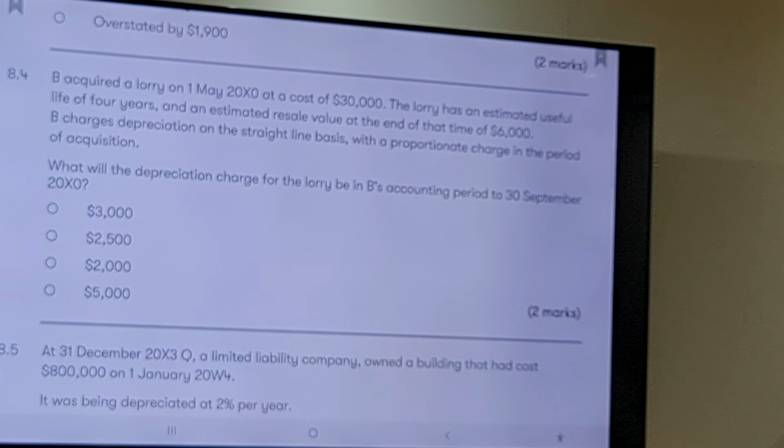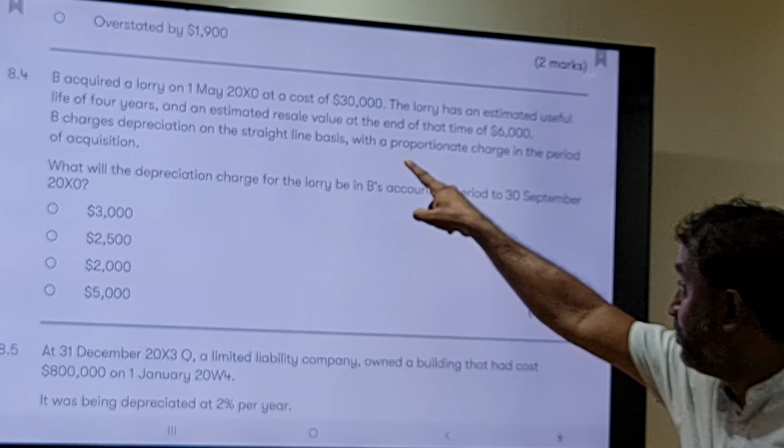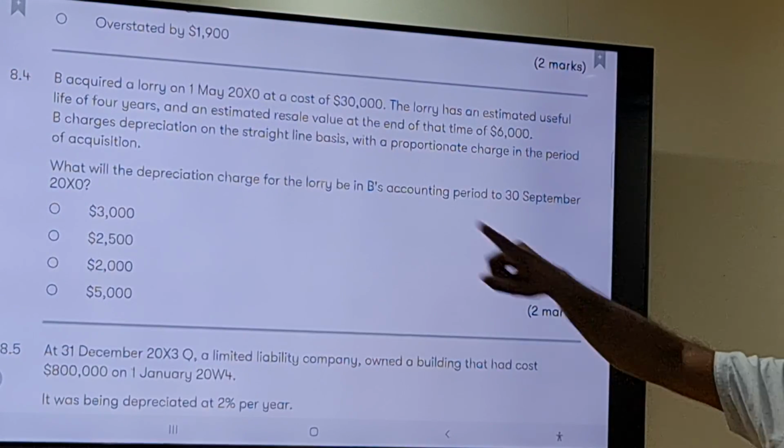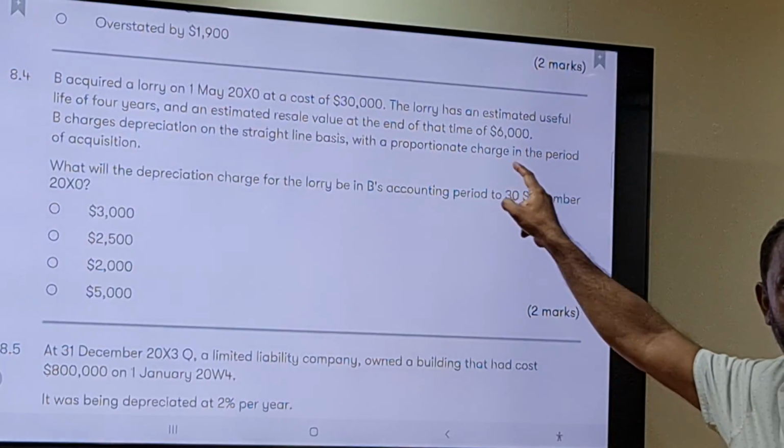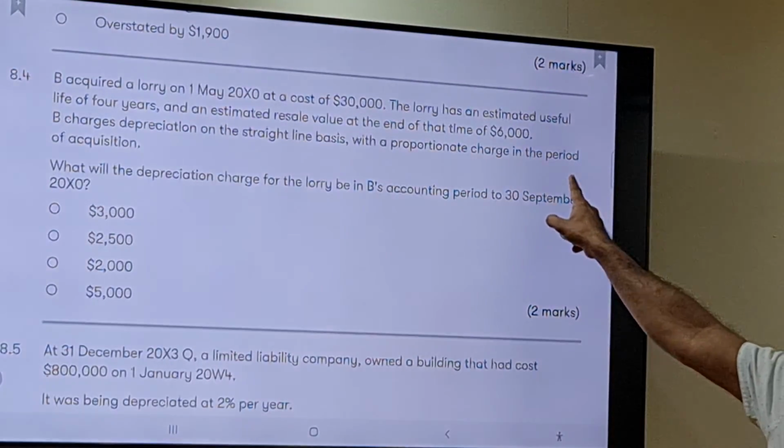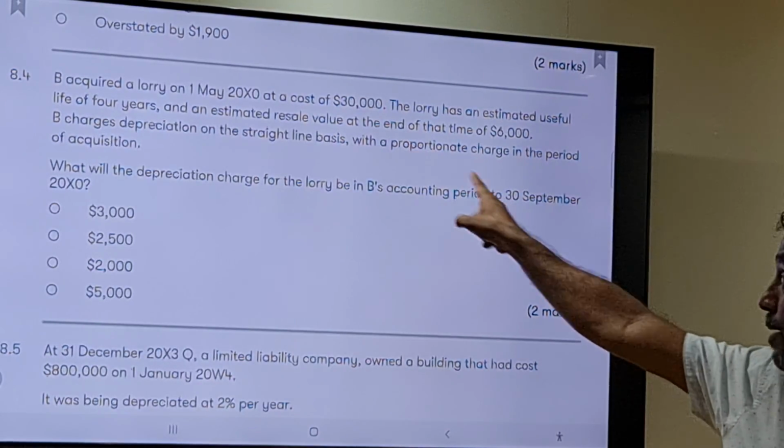Now that is for the entire year, but they are asking based on their policy. What is the policy? Straight line method. This is another thing. Proportionate charge. So you have to take the date of purchase up to